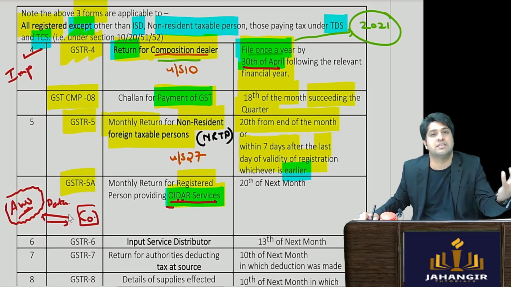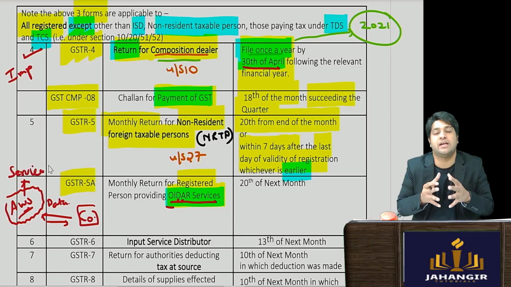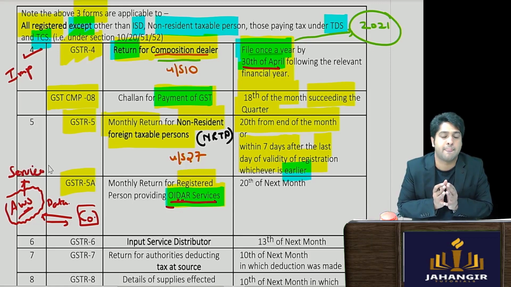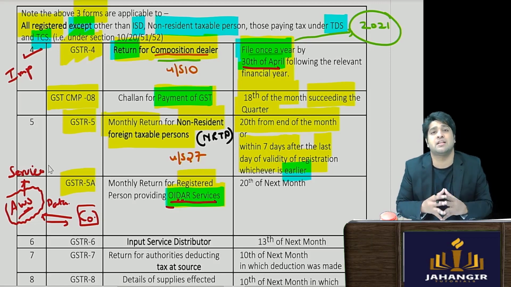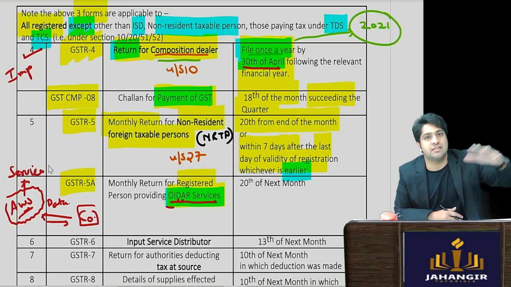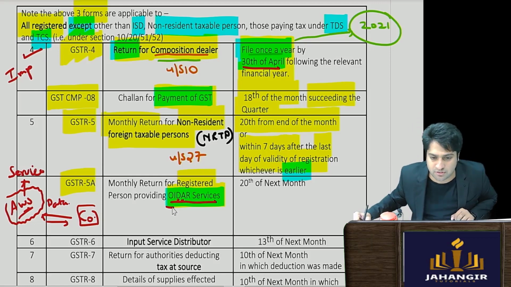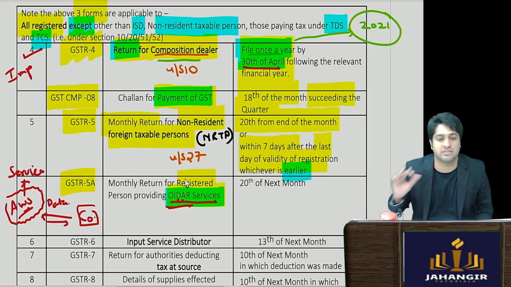You can access the data and retrieve it whenever you want. The company pays certain charges for this. So this is a service provided for maintaining your data on the internet. This is called OIDAR services. Netflix is another example, where your account is made, and you can anytime access it and retrieve it. The concept is covered in your IGST Act. Right now I hope we're just seeing the returns aspect.